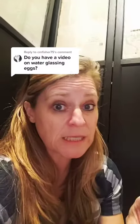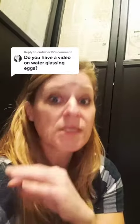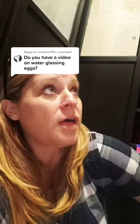fresh as possible. So we put ours in within the day that we get them. You want them to be totally clean, and you cannot wash them at all. So you have to have the bloom that's on the eggs. If you don't know what the bloom is, have somebody, or I can teach you what the bloom is. But you want to make sure the bloom is intact and has not been disrupted by any rain or anything